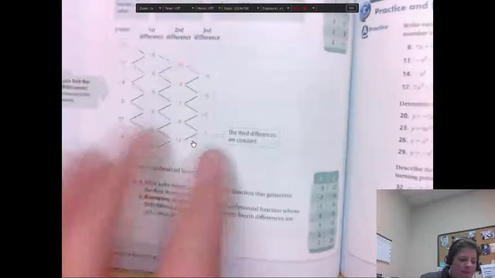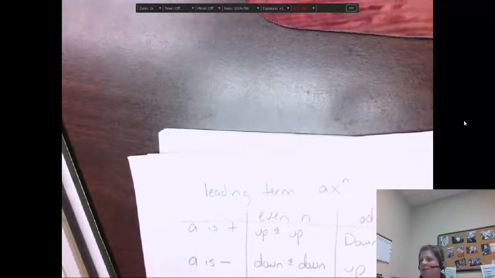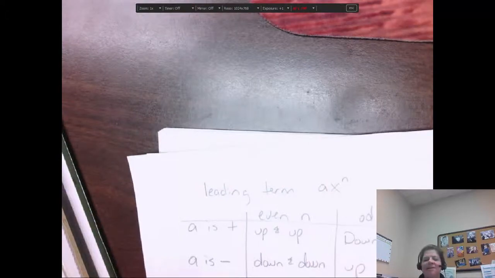But I wanted to bring up the third power because they like to bring up the third power in this section. Okay, so that's just a little bit of help with end behavior and turning points. If you need help with degree, there is a video already in the